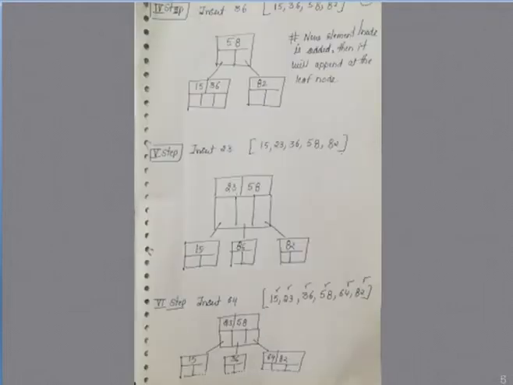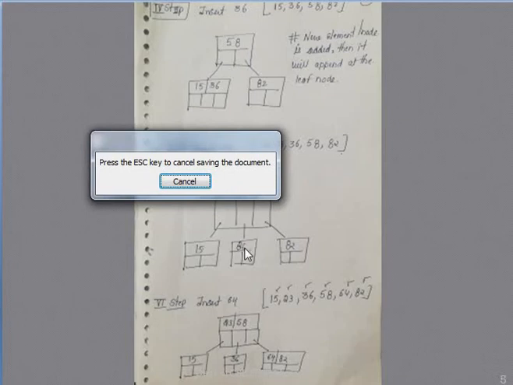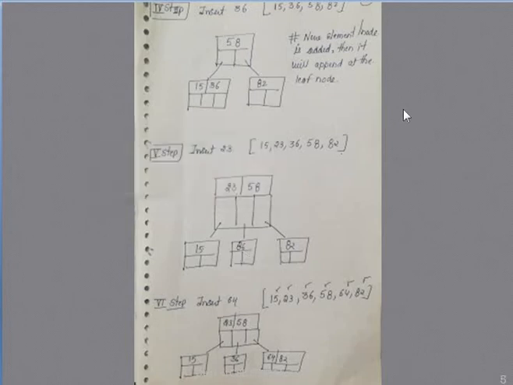Next, we are inserting the element 36. If we compare with the root node, 36 is smaller, so it goes to the left child node. One important point: if the new element that we are inserting, it will be appended at the leaf node. We are comparing with the root element, but it will be appended at the leaf node.